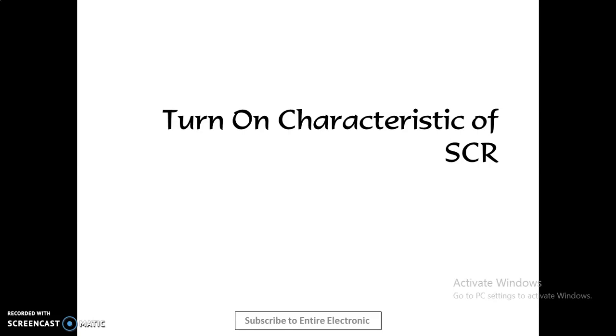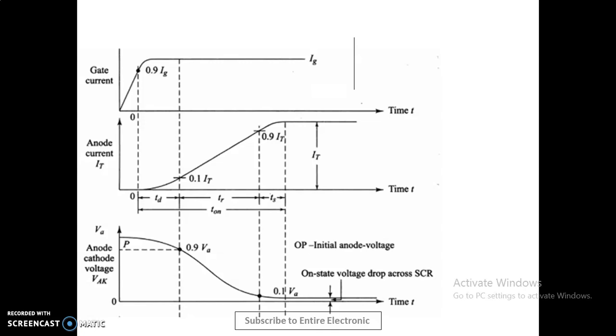First of all, let us see the working of the turn on characteristic. Now the device, that is our SCR. The most efficient method to turn SCR on is by applying a gate current pulse. There are various turn on methods, that is dV by dt triggering, forward voltage triggering, thermal triggering, light triggering, but the mostly used and most efficient method is by applying a gate current pulse.